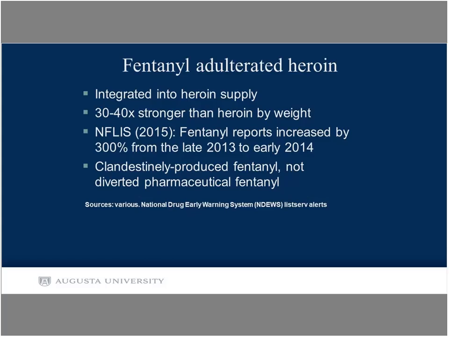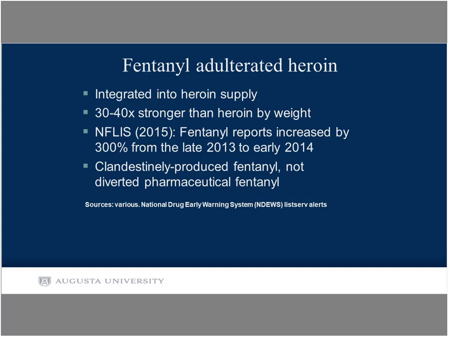So one of the issues, and you saw this in an earlier slide, is the issue of fentanyl. Fentanyl is a synthetic opioid that is 30 to 40 times stronger than heroin by weight. What's starting to happen, and we'll see a few slides on this in just a couple of minutes, is that fentanyl is being added to heroin so that people who are purchasing heroin don't realize the potency of the heroin that they're purchasing. And we've really seen this emerge over the past 4 to 5 years, and you'll see there